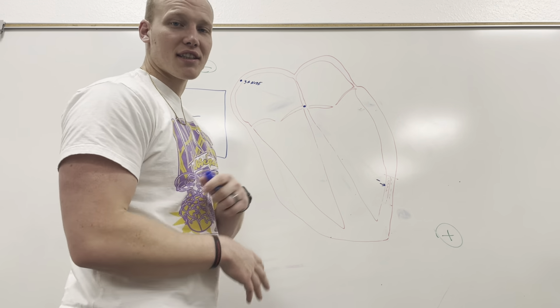We want to get this to threshold faster. So what we're going to do is we want to make that line steeper. How do we do that? We need to allow more sodium into